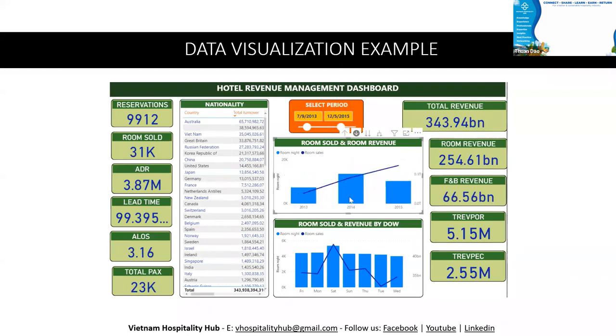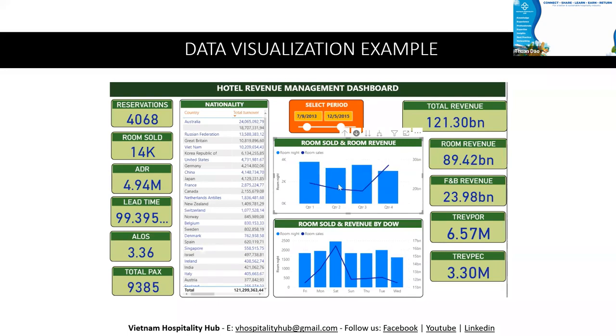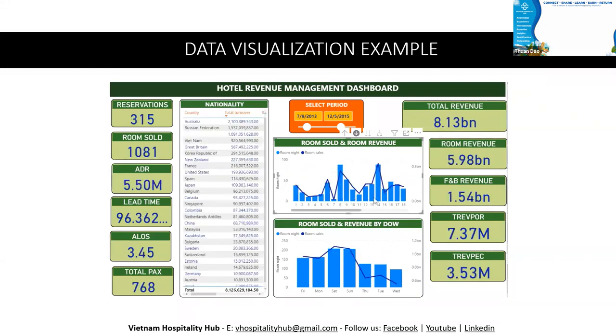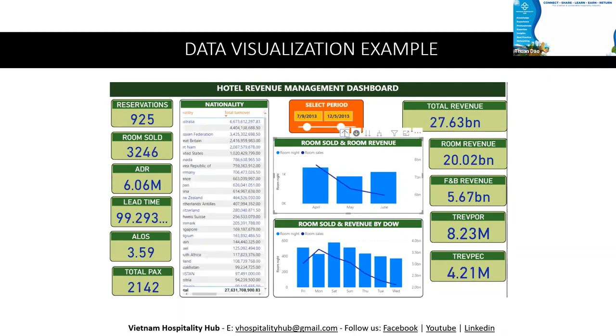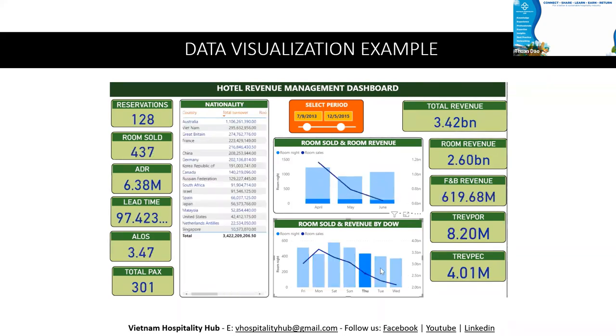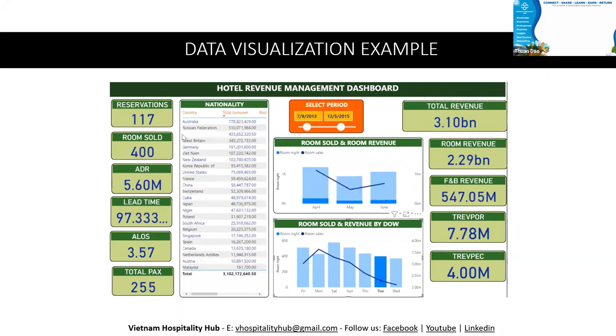All right, look at the year. You see all the data is changing. You look at the year, look at the quarter, look at the date. Room sell, room night, reservation, room zone, ADR, the KPIs that I need to know to have a view about the business. So I just put them in this dashboard.